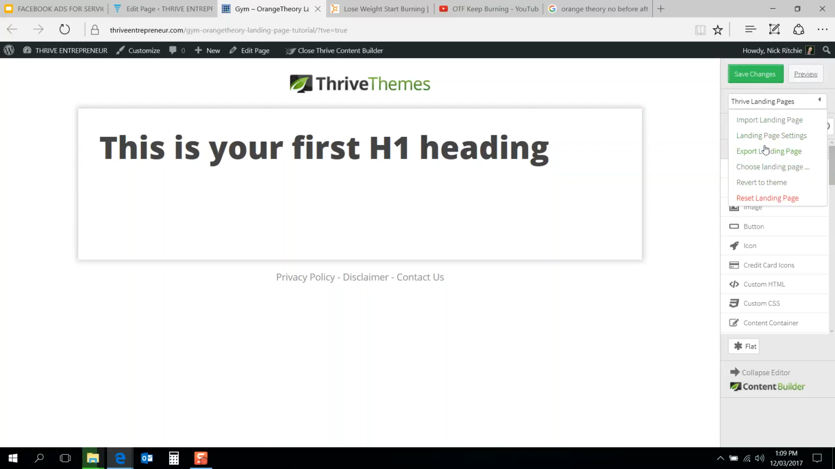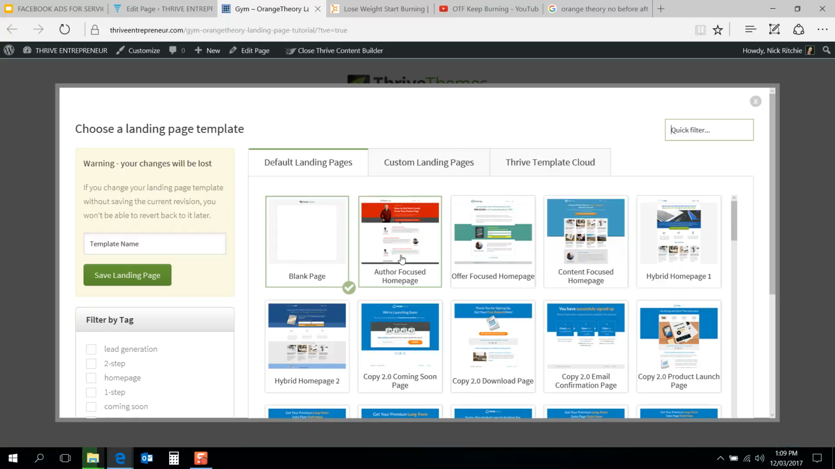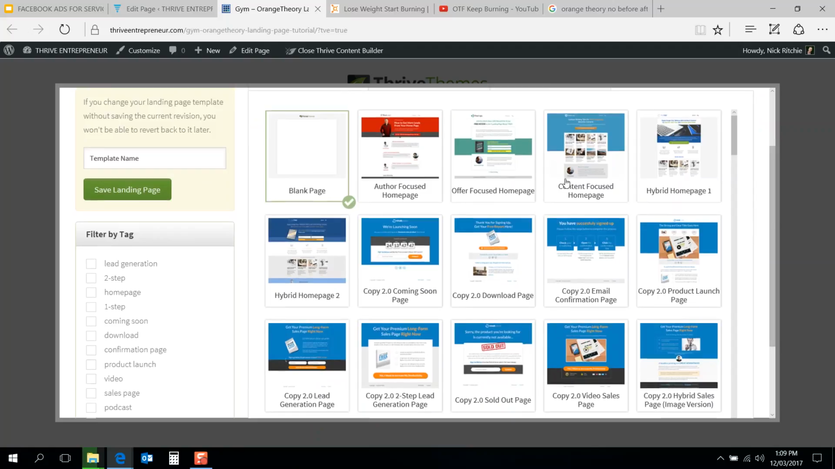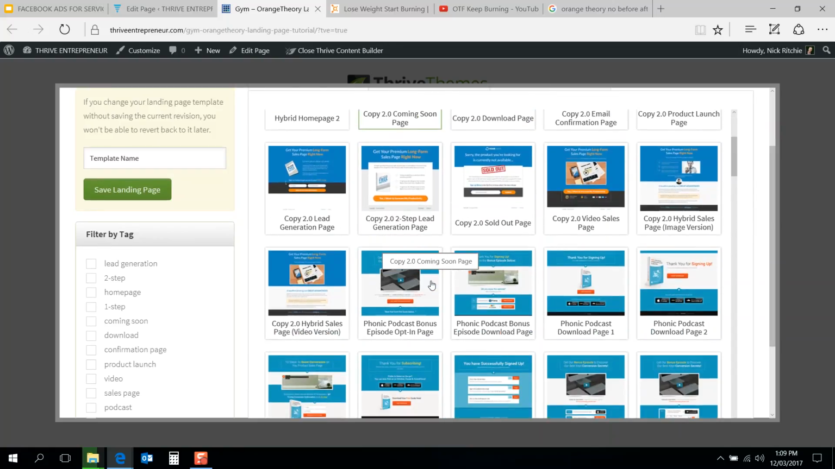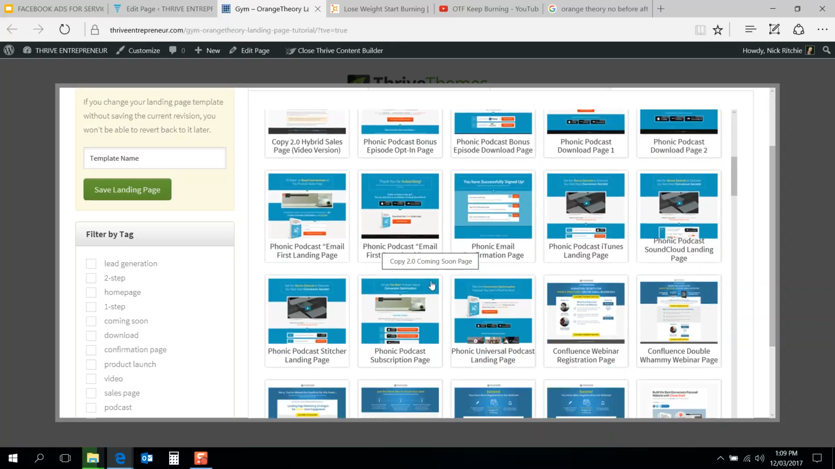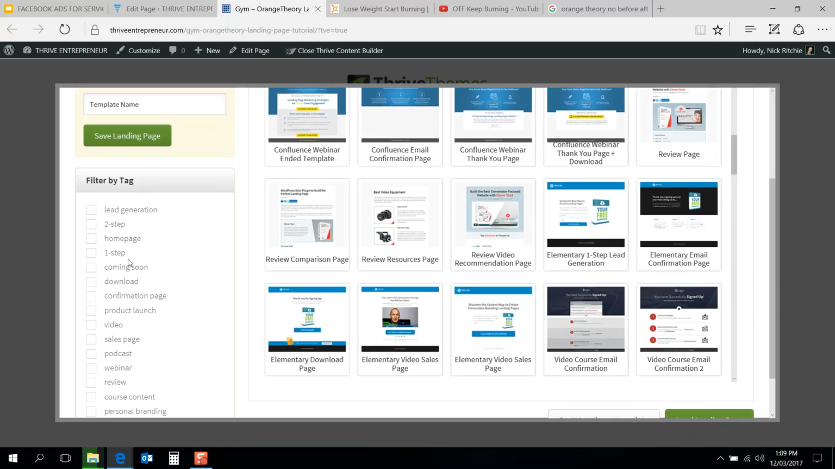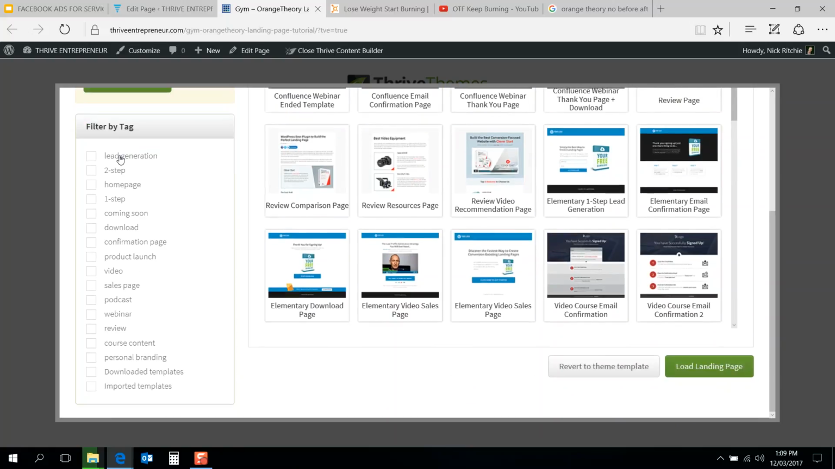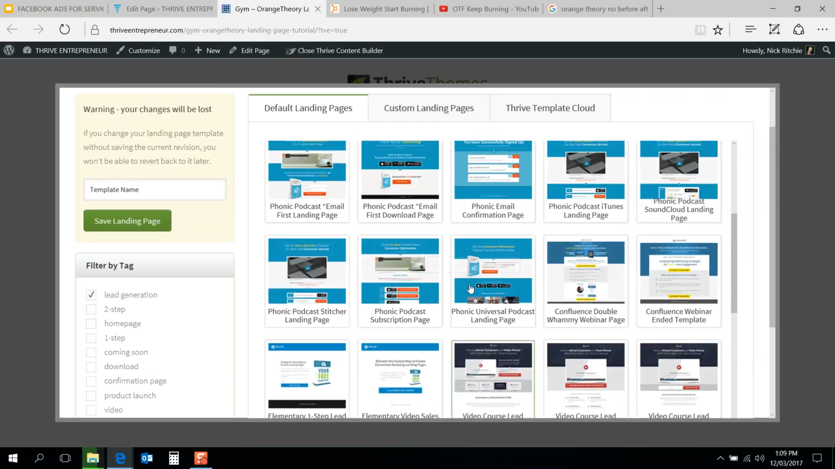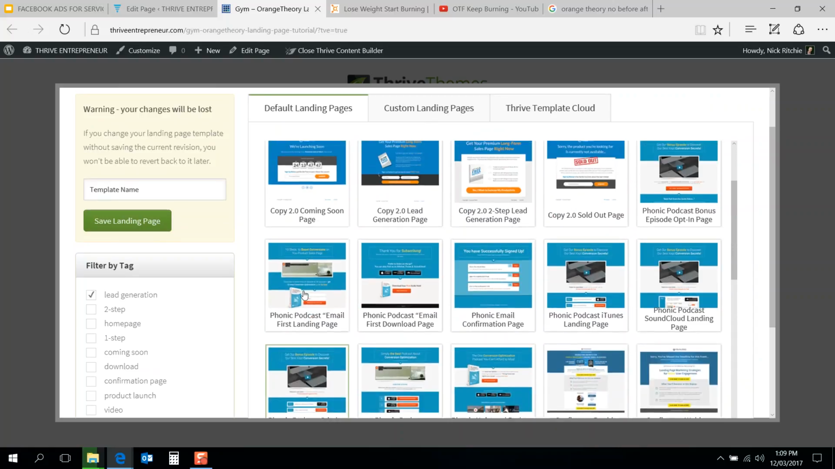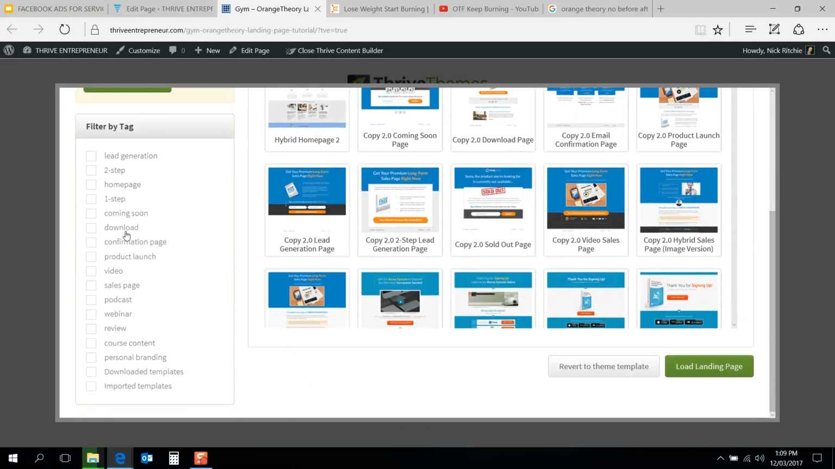If you go to choose a landing page in the drop down there, you can see here that we've got a lot of different pages you can choose from. So everything from download my ebook page to download my video page. You can go over here to the filter by tag. For example, if you want to just have lead generation pages, you got these really cool, simple layout designs here, and you can just select any one of them. So you can see that they cover pretty much everything to do